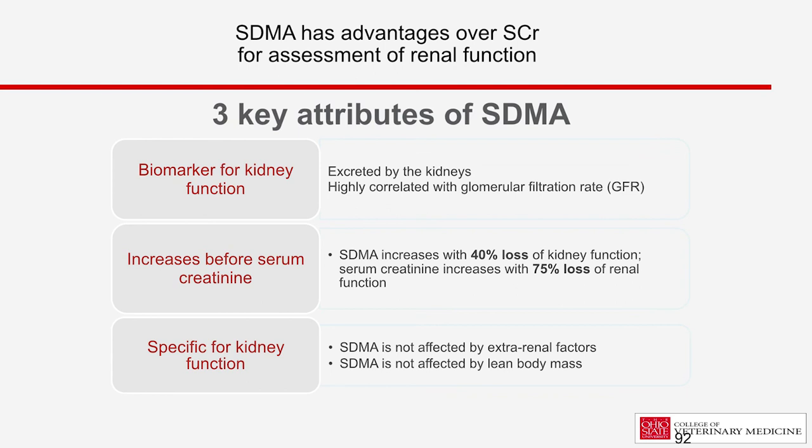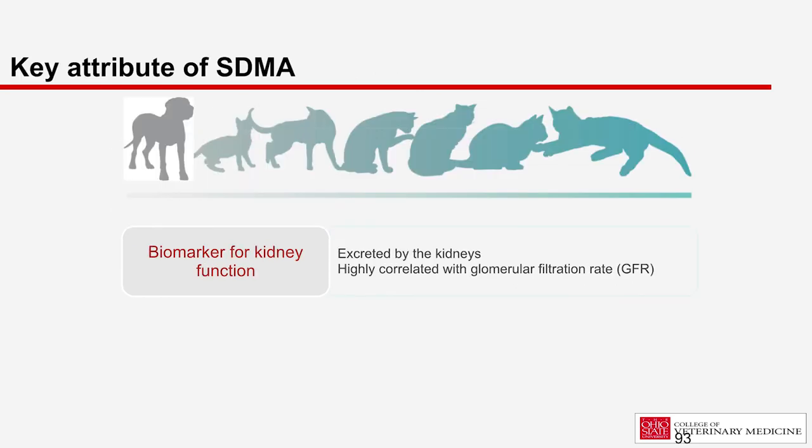First of all, I want to quickly go over a little bit of the literature that supports that it is a good biomarker for GFR. Second, the fact that it goes up before the serum creatinine goes up, and lastly, that it's not affected by lean body mass. So first of all, is it a good biomarker for kidney function? Well, it's got to be as good as the existing ones. What are the existing ones? Serum creatinine, creatinine clearance, inulin clearance, iohexol clearance. So it would have to be as good as